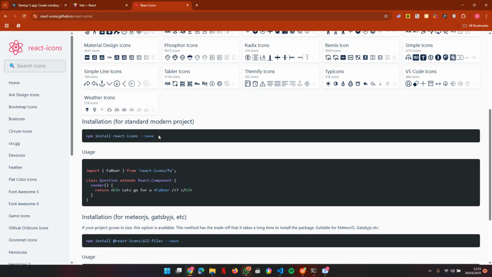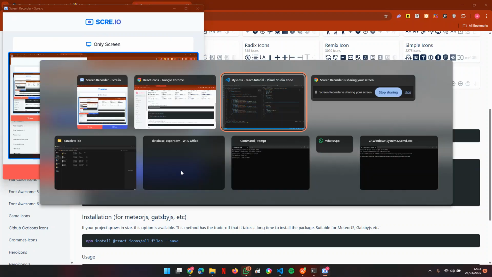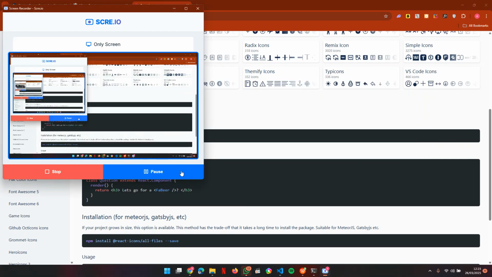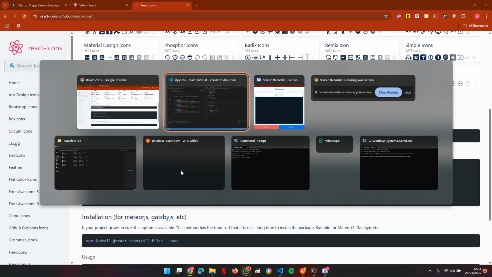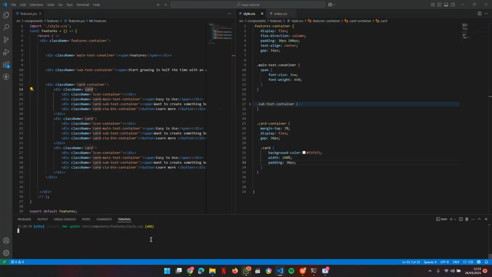So the first thing I need to do is run npm install react-icons --save. So you copy this and head to your VS Code and open a new terminal. Don't close the terminal here, just open a new one. And to open a new one, let me delete it. Just do Control Shift,